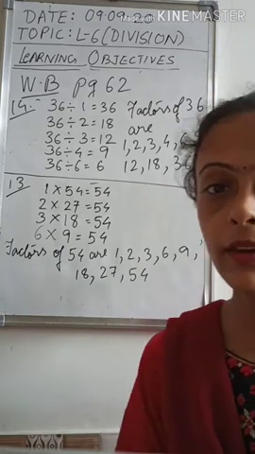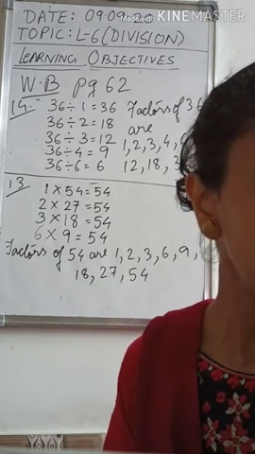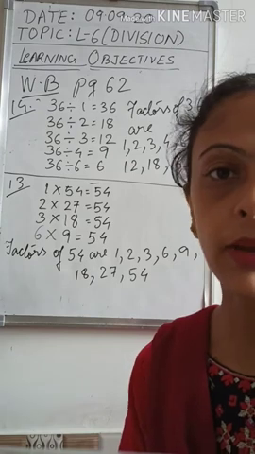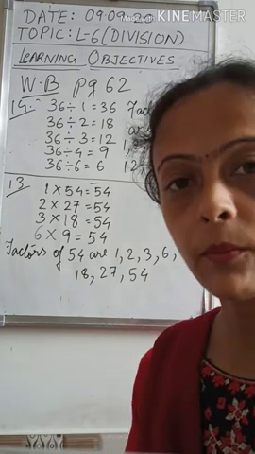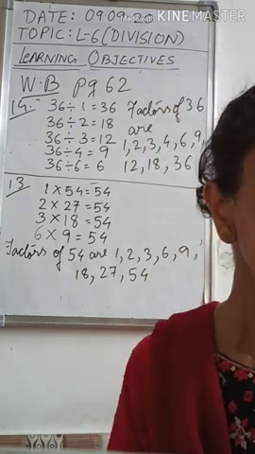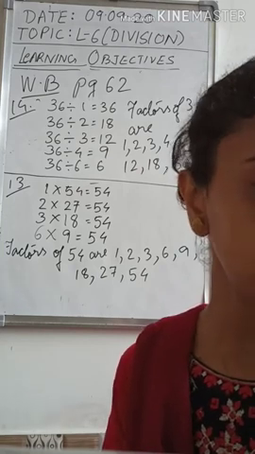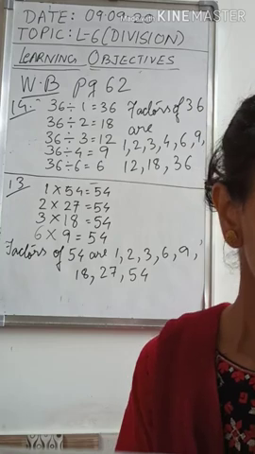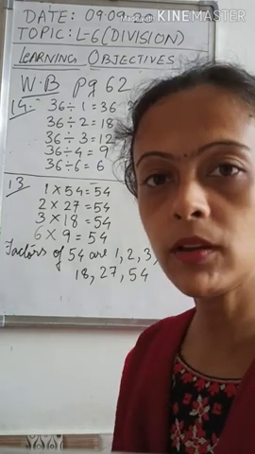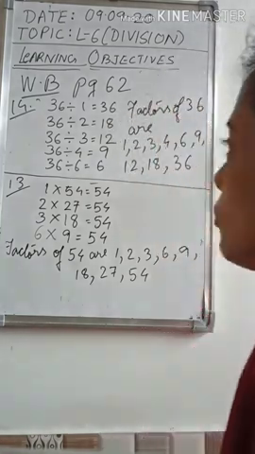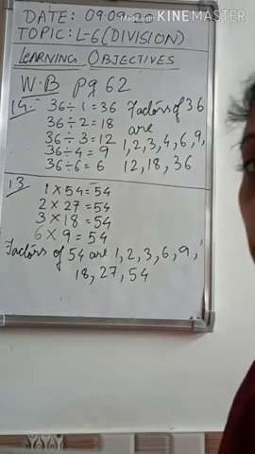So we are done with today's class. So what have we learned today? How to find the factors, how to find the multiples, what are prime numbers, what are composite numbers. Then we have learned about the sieve of Eratosthenes, we will discuss it the next day. We have also discussed even numbers and odd numbers. So with this I end my class for today. I hope you will have noted it down.